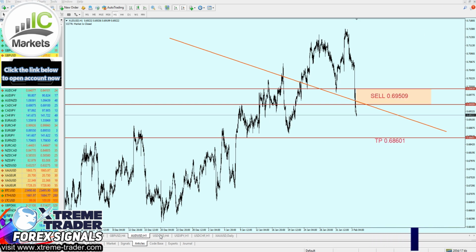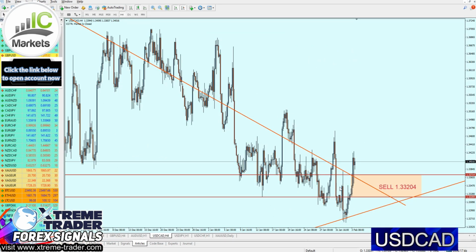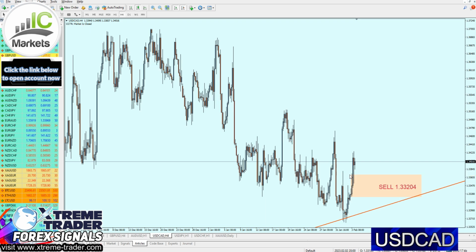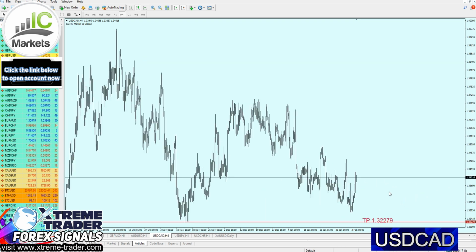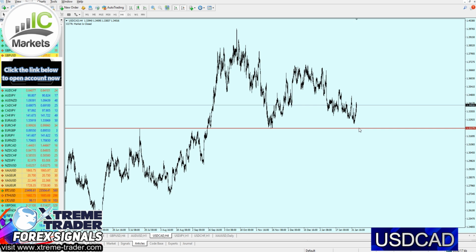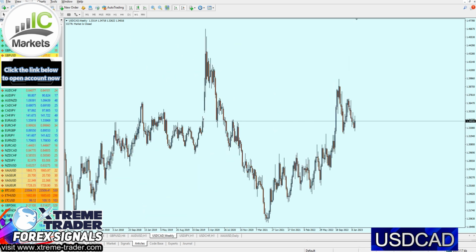Moving now to the USD/CAD. Alright, so of course the old signal is no longer valid as well. Let's see now, my friends, what we can do next with the USD/CAD. Now, let's move to the weekly chart, and as we can see right here, the market has reversed upon the pressure from that support at 1.32767.